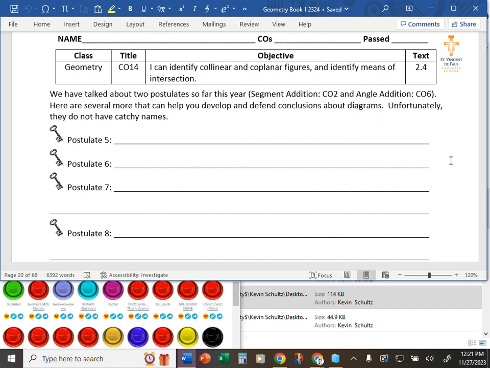Postulates, some of them have fancy names, some of them don't. The segment addition postulate is something that we learned back in CO2. The angle addition postulate is something that we learned in CO6. The ruler postulate is something we didn't talk about, but basically says you can use a ruler to measure stuff. I don't remember what the fourth one that we covered was, but anyway, these don't have fancy names,